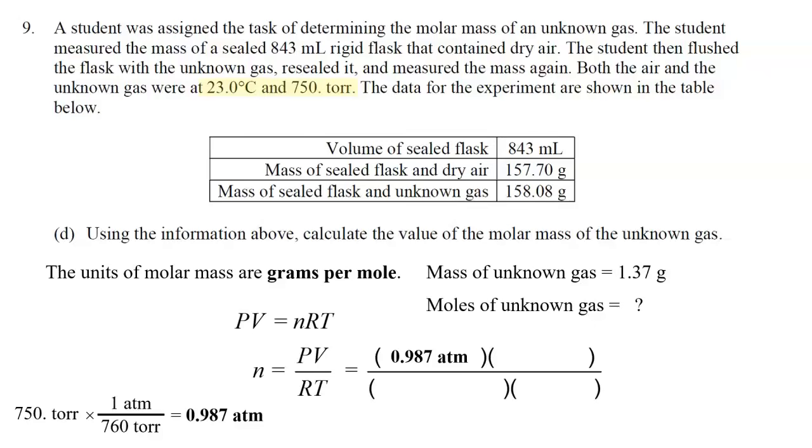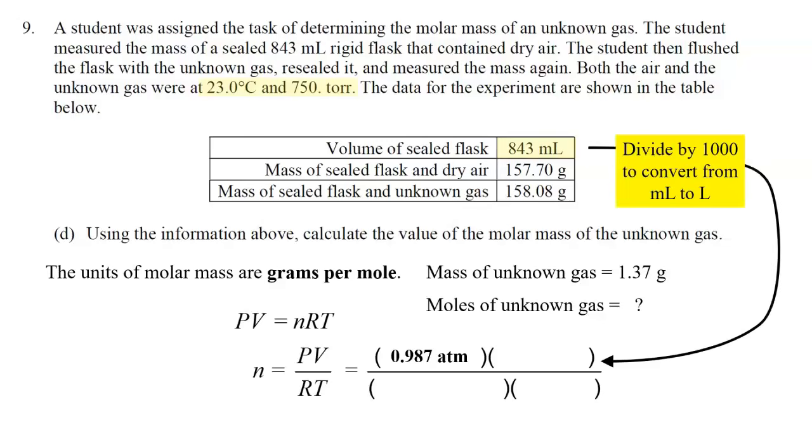Now for the volume, it has to be in units of liters, which means I will take 843 milliliters, which is the volume of the gas, and simply convert that into liters. That involves dividing by 1,000. When you go from milliliters to liters, you divide by 1,000. So that value becomes